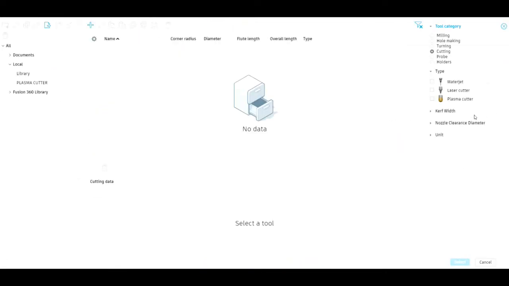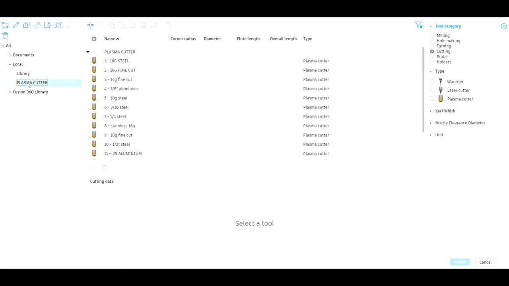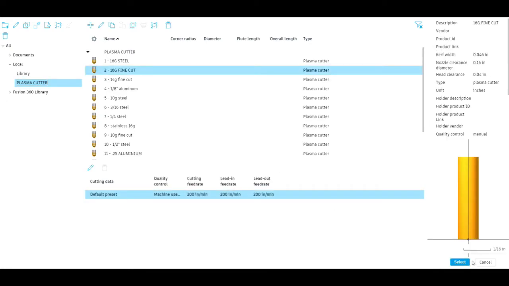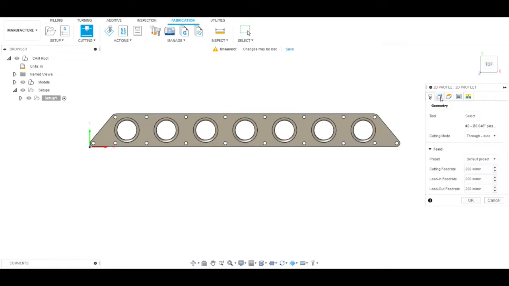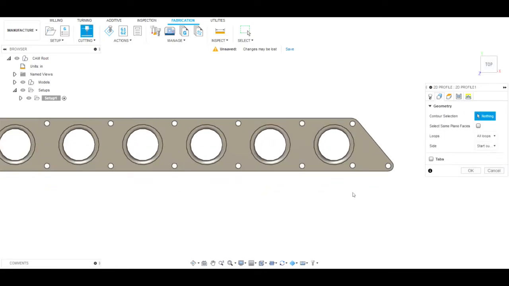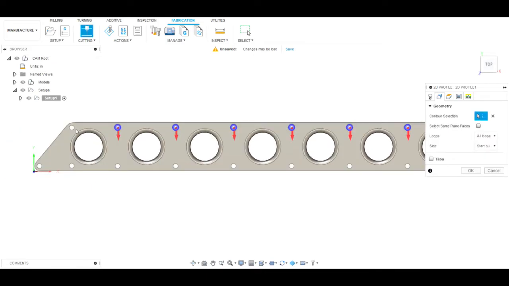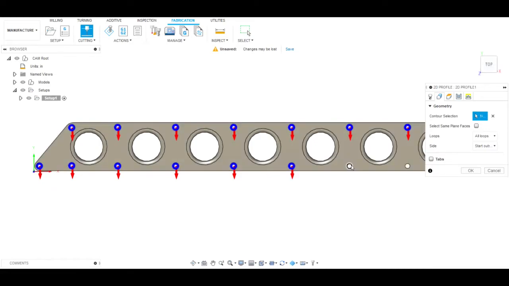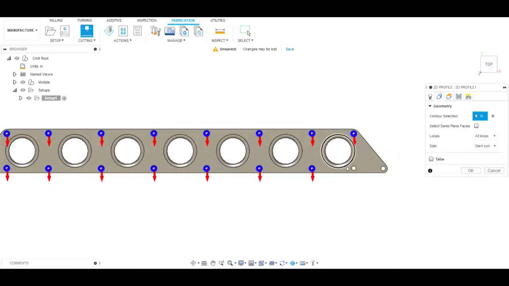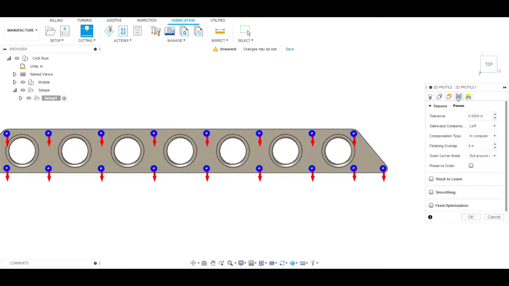We're going to select our tool and we're going to go to our plasma cutter library. So we're going to select our tool. We're just going to use 16 gauge fine cut. Select. We're going to go to geometry. What we're going to do is we're going to do this in 2 operations. We're going to do these holes first because it'll be a different setup than the rest of it. So I have to go through and select all of these individually, or that's what I'll do. And then we'll go to